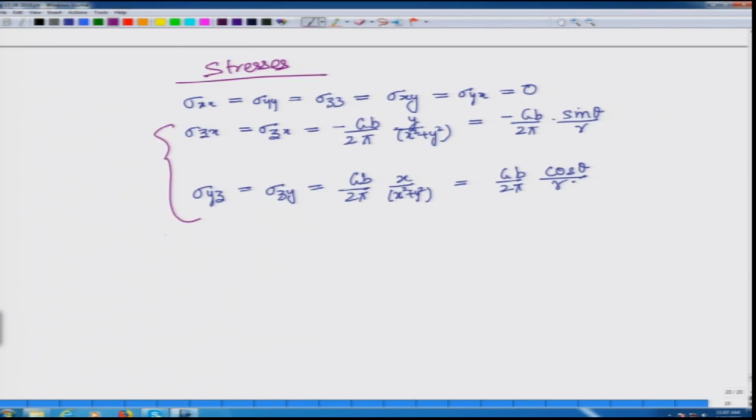So, we will look at the matrix form in the next class. In the meantime, you try to guess what are the elements in these 9 components which are non-zero and where do they lie. Similarly, you draw the matrix for the strain component. So, this is sigma tensor, this is strain tensor. So, go back and try to write down, fill in this box, and we will meet you in the next class. Thanks.